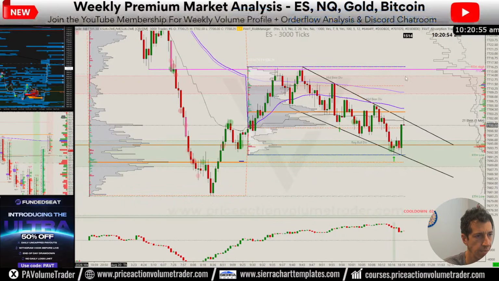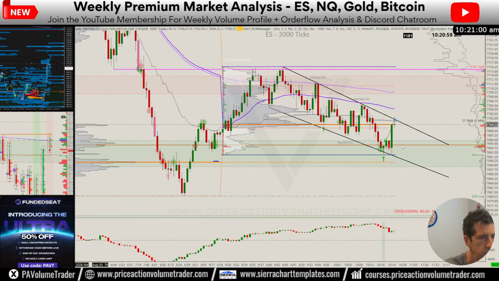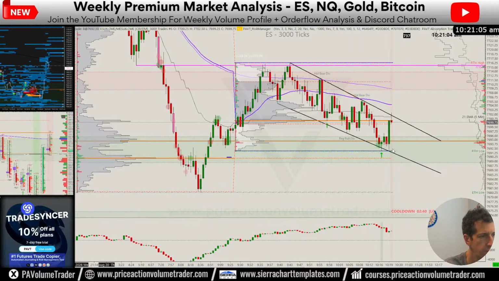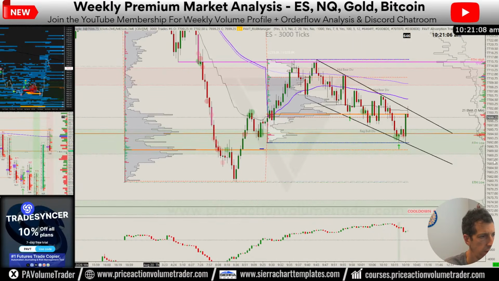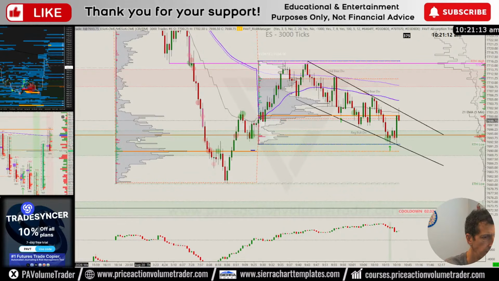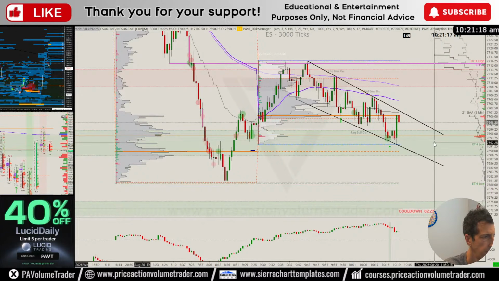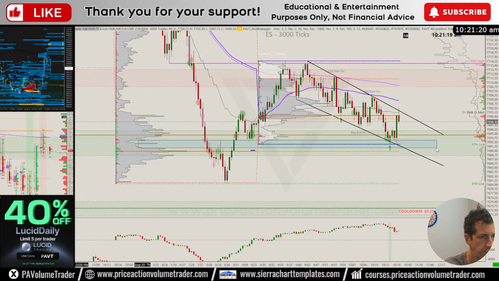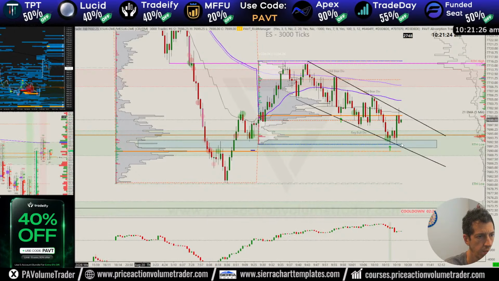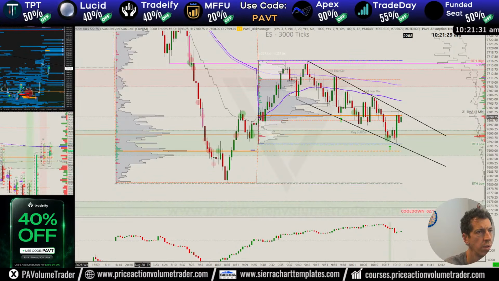Also, the 21 EMA was over here. So it did squeeze me back up, but again, I was leaning pretty much on this zone here, this low volume node area of support from the overnight right there. As long as this held, this was my invalidation, and we had the area of absorption down here as well.